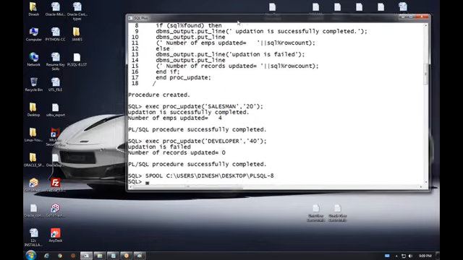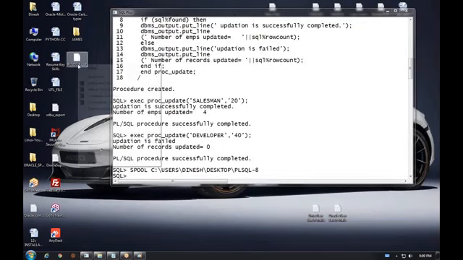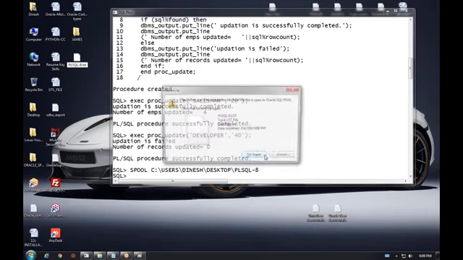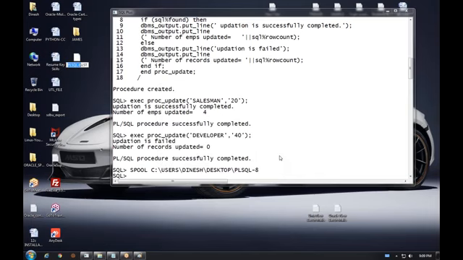Mistake in time, no problem. I will change it later. Later I will change it. Now